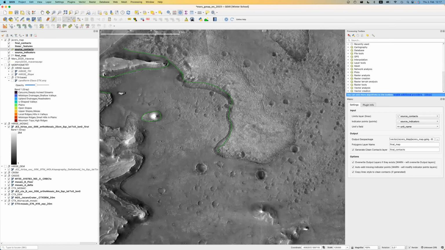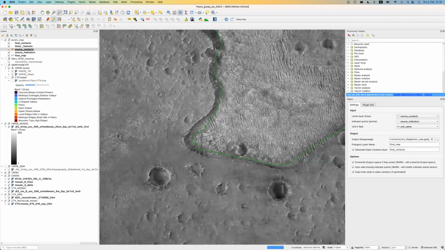I can try to continue the mapping here of the limit. Obviously, that's not a super sharp contact because the base of the scarp is not that easy to pick. If, for example, here you see I'm just following the albedo, probably should turn on and off some of the other layers. I can maybe fix it later, but here I may lose this contact at some point. So I can put here, it's certainly contact, but yeah. And of course, I can progress through this